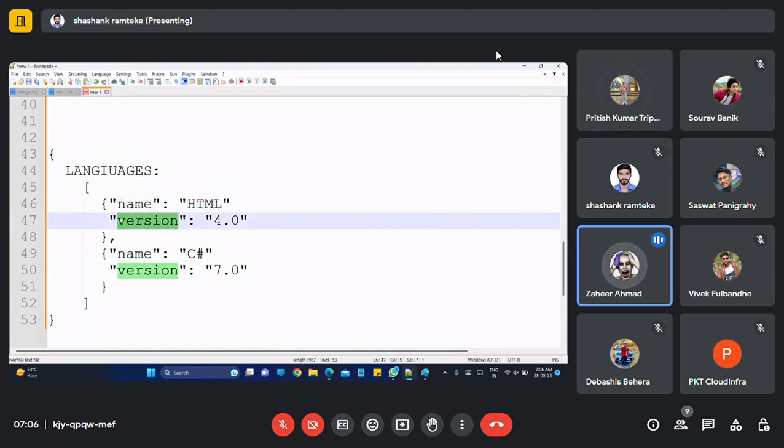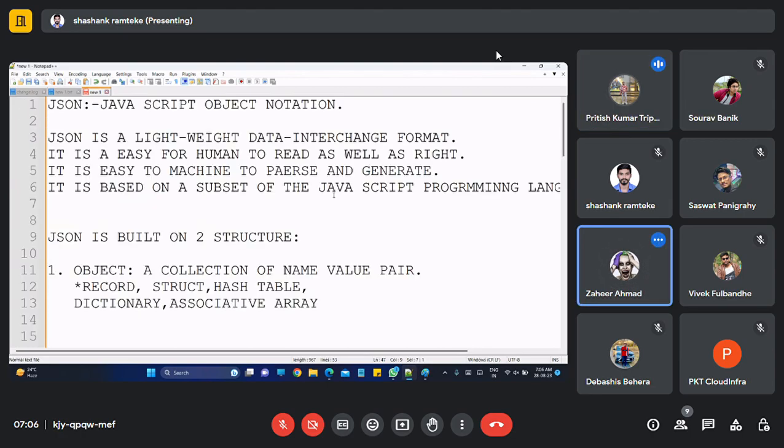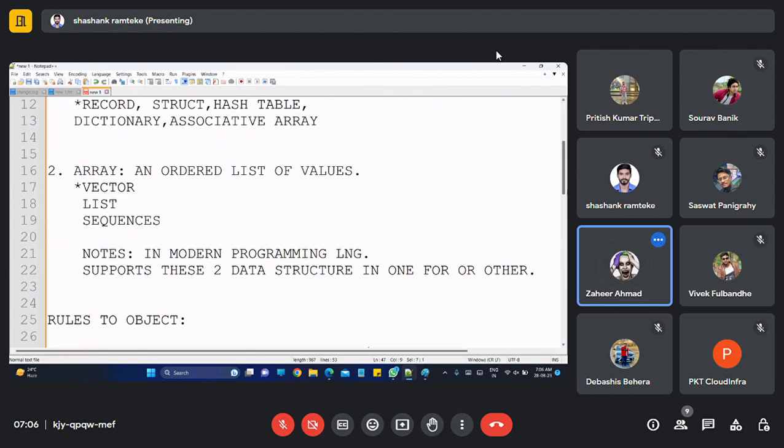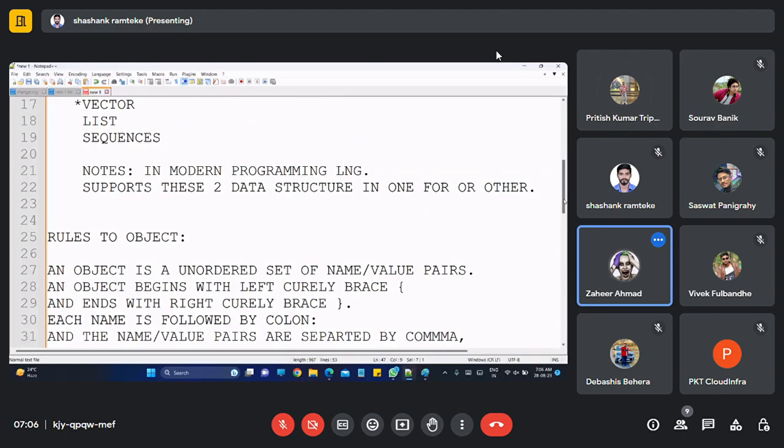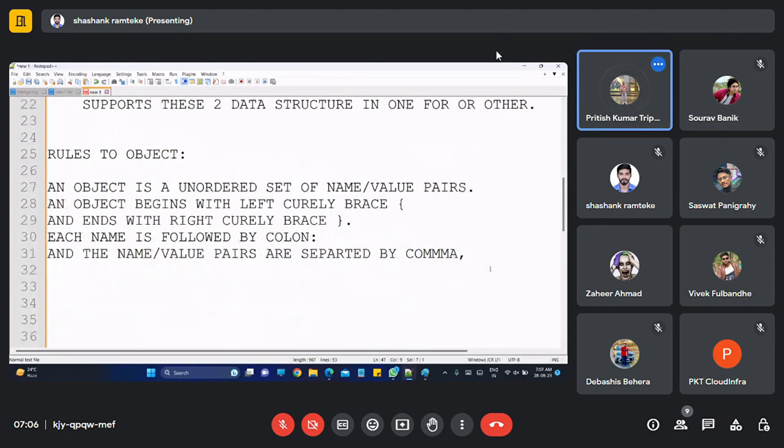Yes, exactly, name and versions are the keys or names, and HTML and the version numbers are the values. Cool. You understand? Let me give you some more details, then you will understand more.